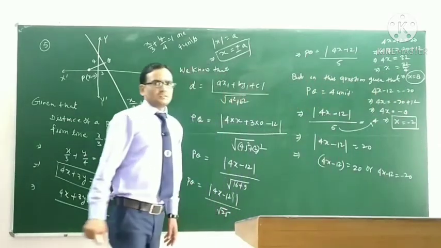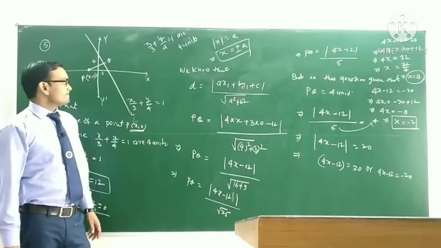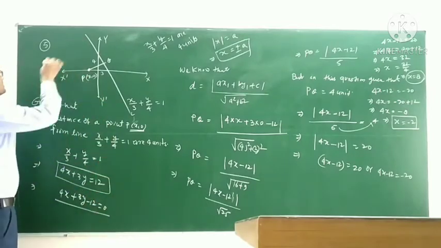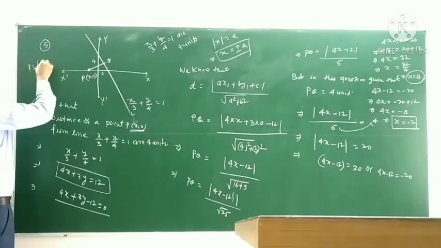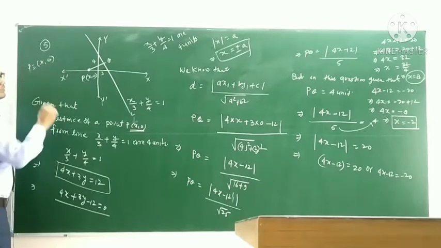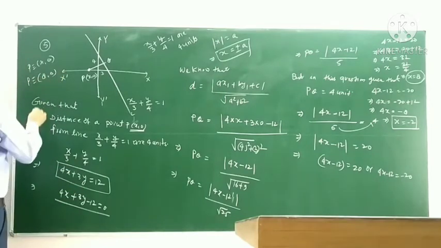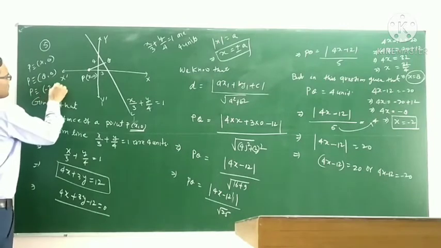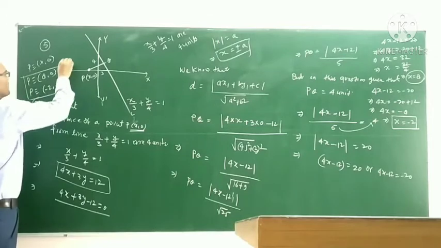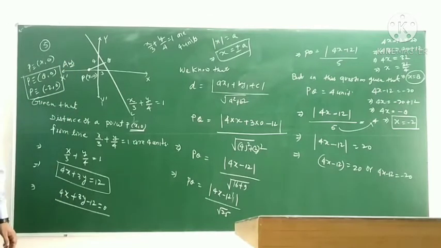Here we find the coordinates of point P. The coordinates of point P are x comma 0; for x equal to 8, the coordinate of point P is 8 comma 0, and for x equal to minus 2, P is minus 2 comma 0. Here we find the two answers. Okay, students, the coordinates of P are 8 comma 0 or minus 2 comma 0. Okay, this is your answer. You understood this question? Okay, let us move to question number